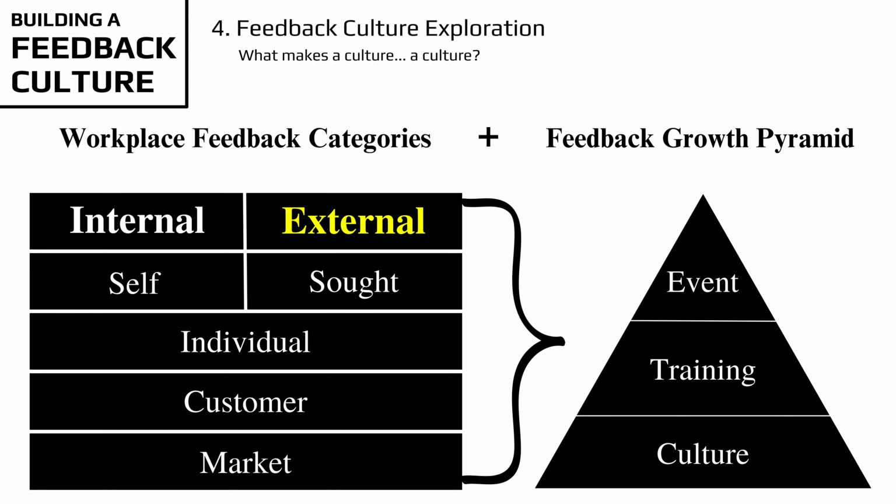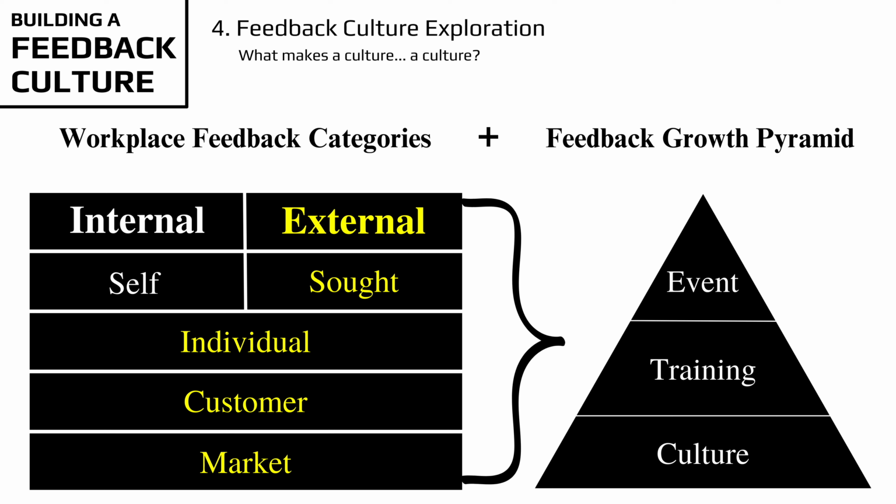If we move to external at the top right, we can begin with sought. This is feedback outside of your organization that we intentionally seek. So at the individual level, this could be feedback you seek by asking an industry leader if they are open to serving as a mentor for you. At the customer level, this could be feedback about some part of your organization that you see posted on public sites like LinkedIn, G2, Yelp, Reddit forums, or elsewhere. Similarly, external market signals could be a result of publicly known market shifts that maybe haven't impacted your business yet, such as the Federal Reserve changing interest rates or a tense geopolitical situation that may have an impact on your supply chain strategy. As you see, there can be barriers at every level here.